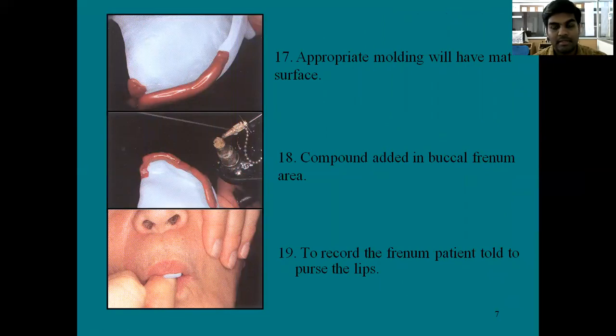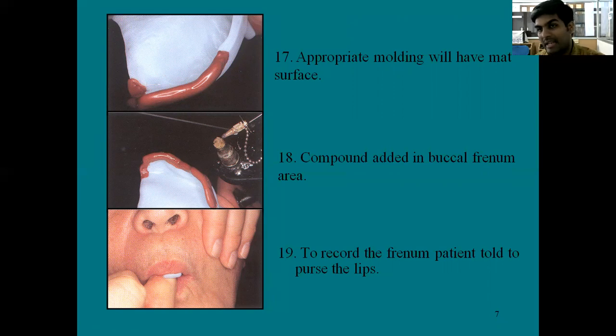So then the special tray is molded, the border movements are done, and if the border movements are done properly and the areas are properly recorded, then it will have a proper molded surface, which is also called a matte surface or a polished surface, and the impression compound is added to the need.